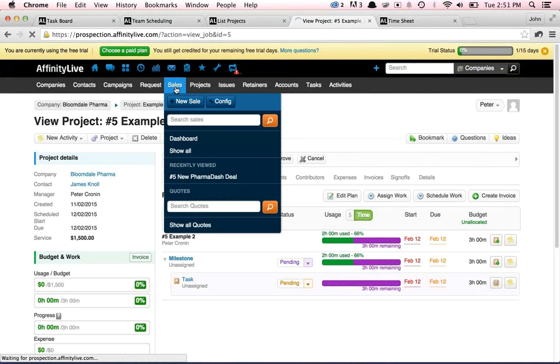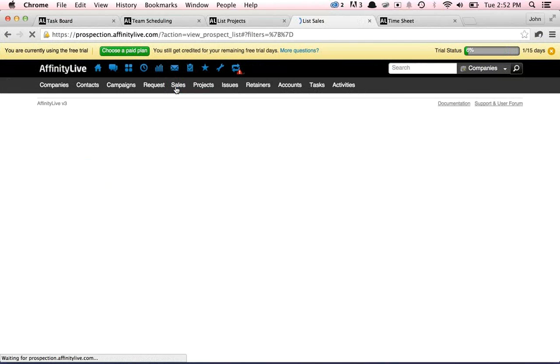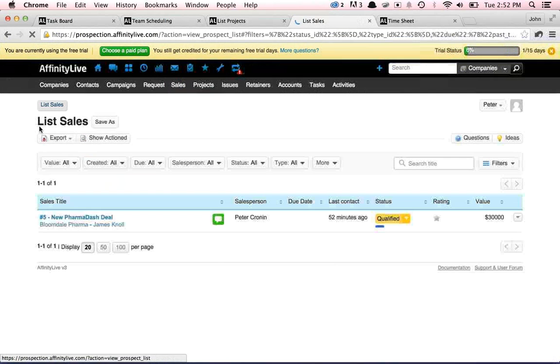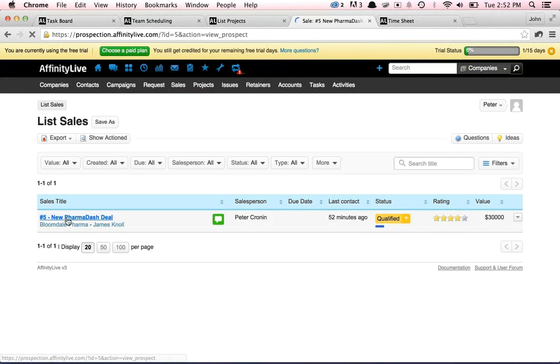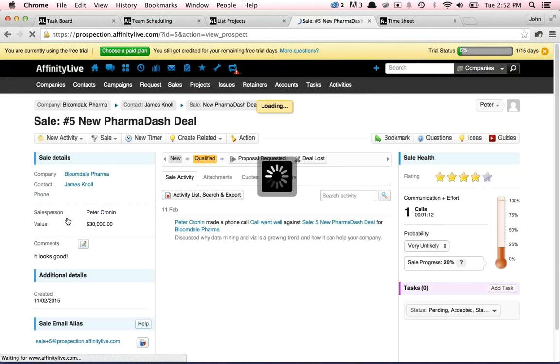So what's currently some struggles that you're having with Salesforce? Well, I guess not so much a struggle, but to look for a system that would integrate that. Ideally, if we had an opportunity within Salesforce, be able to sync that to a project, a live setting. But we've discussed that Affinity Live doesn't fully integrate with it. I guess we can still manage that. We'll have the two systems running side by side, but